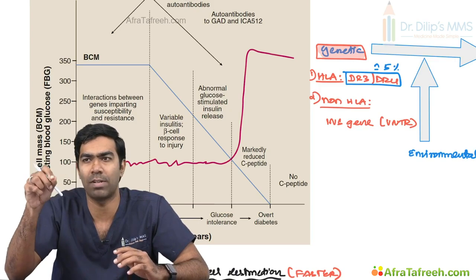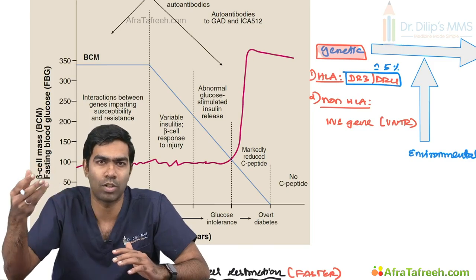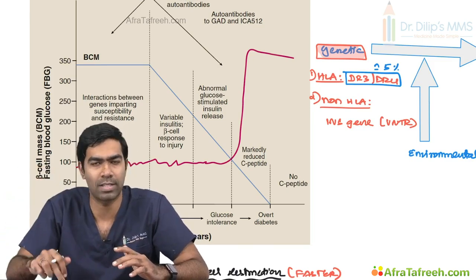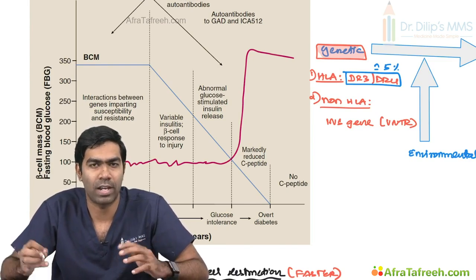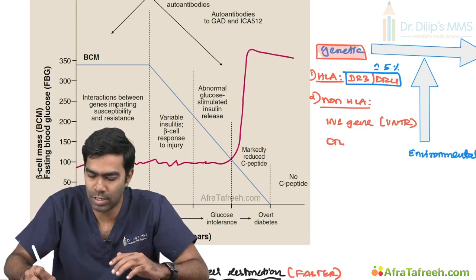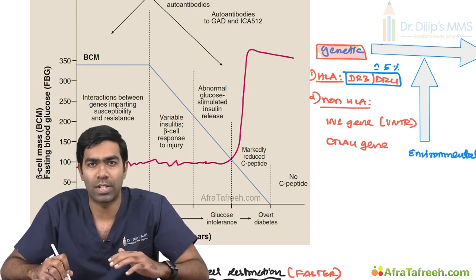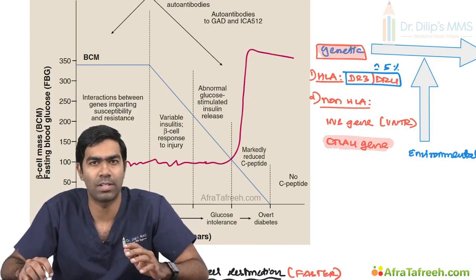This VNTR can be located in other genes as well, where presence in other genes will impart autoimmune disorders specific to that particular gene, but in this case, it's the insulin gene that's the one that's going to harbor this VNTR. If that's the case, they are going to develop autoimmune type 1 diabetes mellitus. And CTLA4 gene is really, really important, especially the polymorphisms of CTLA4 gene. Why? Because this is not only going to result in autoimmune type 1 diabetes mellitus, this is going to impart